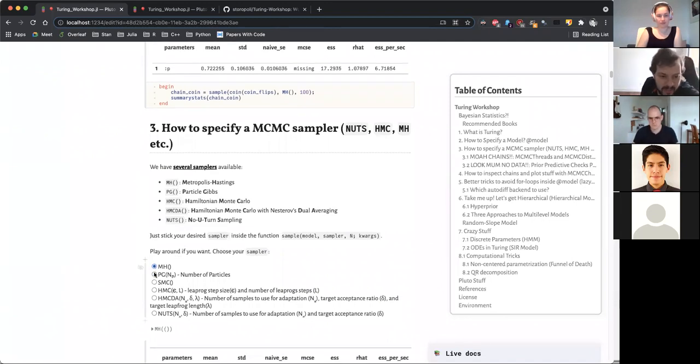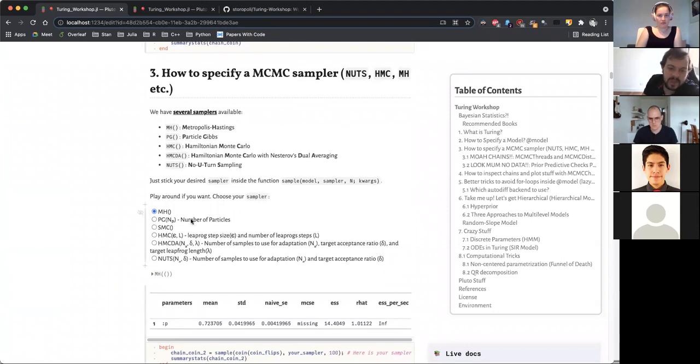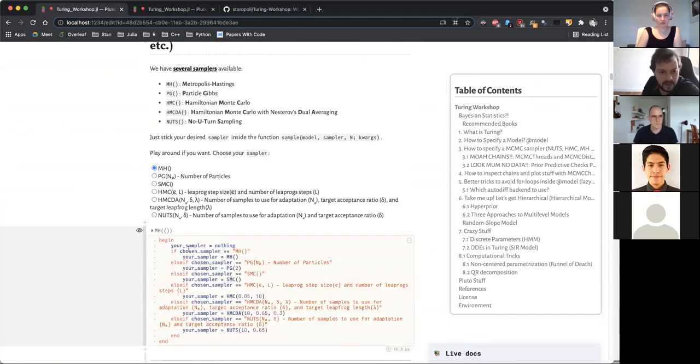So I created some radio buttons here that you can click. And the most naive one is Random Walk Metropolis-Hastings. This is the MH. And then if I click, this is kind of a very nasty if. You can do better things with the Match.jl, but